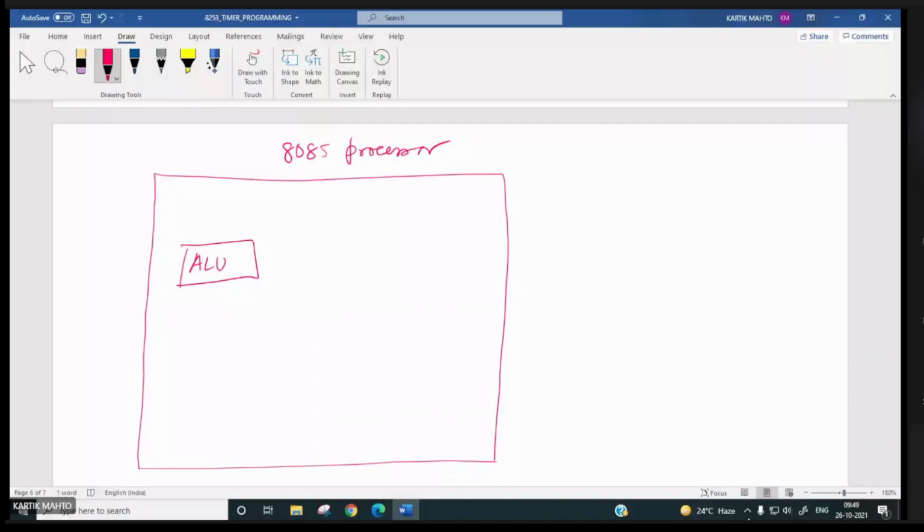Registers are there: A, F, B, C, D, E, H, L registers. Program counter, stack pointer, incrementer, decrementer latch are there. All are 16-bit, and these are also 16-bit.